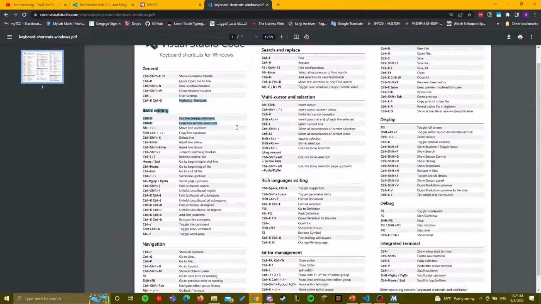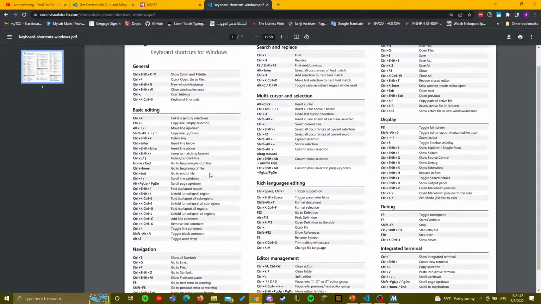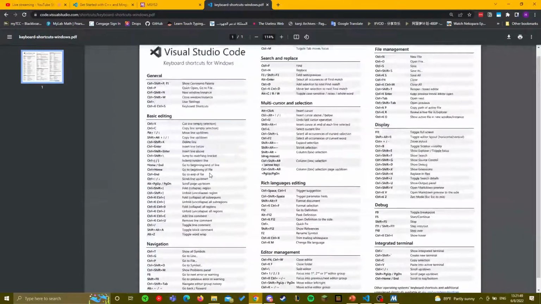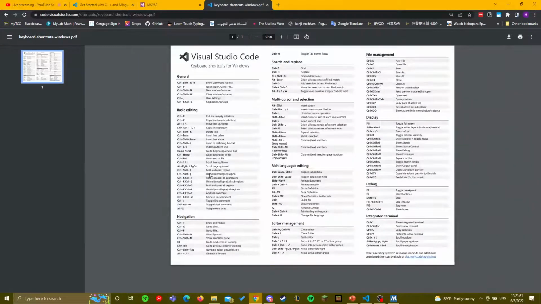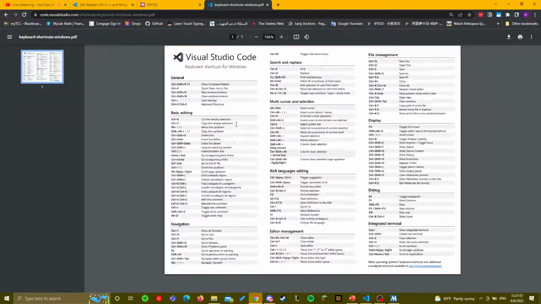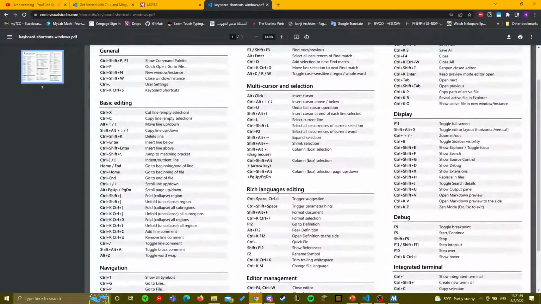If you go and see the document, you can see basic editing. I wouldn't focus on learning it all at once, just look to incorporate something every time you go into coding. If you just learn one command, like cut line, Control X. I know everybody knows Control C, Control V. A lot of people should know that, but with Control X, you can do a lot of line moving and duplicating a line, which makes it really easy to do things.